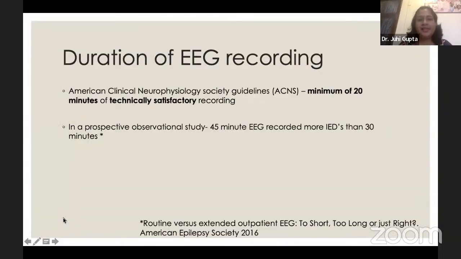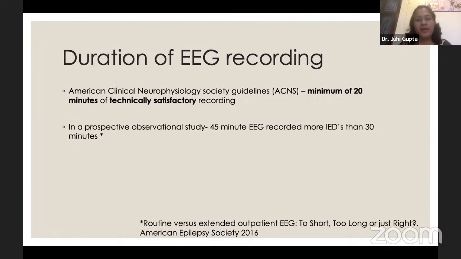Coming to the next part, what is the duration of EEG recording? As per the ACNS guidelines, you should have a minimum of 20 minutes of technically satisfactory recording. I would like you to take note of this word, technically satisfactory. If you have a 20-minute record which has too many artifacts, then actually the record is not adequate. There are many studies on this area whether a normal